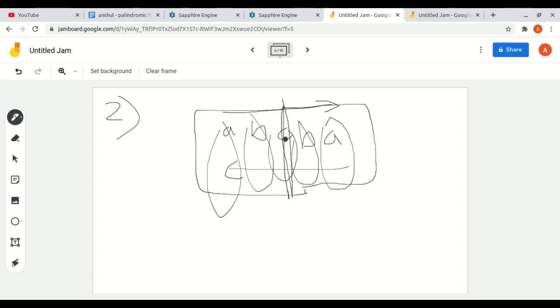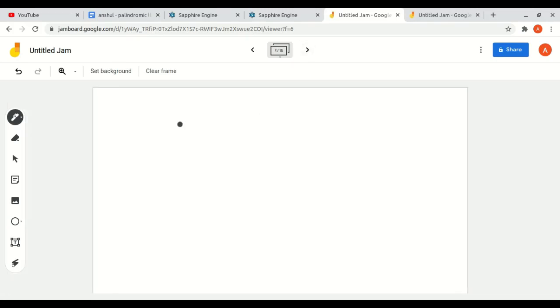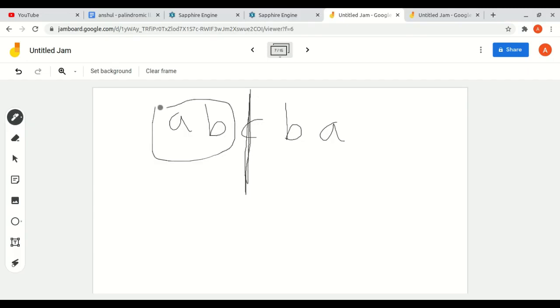The trick is the first half is the mirror image of the second one. Let's take an example: A, B, C, B, A. This is the mid, and this is the mirror image of this one.